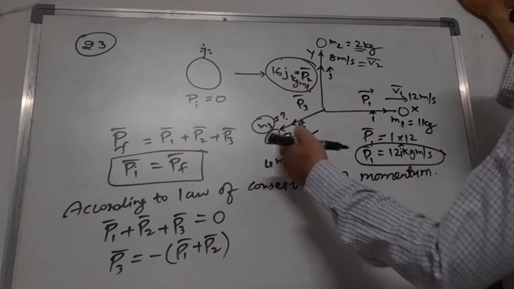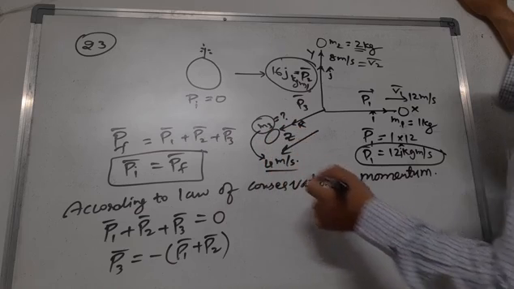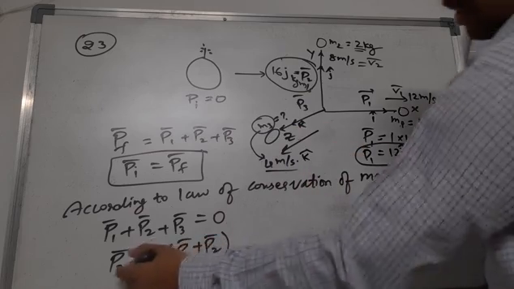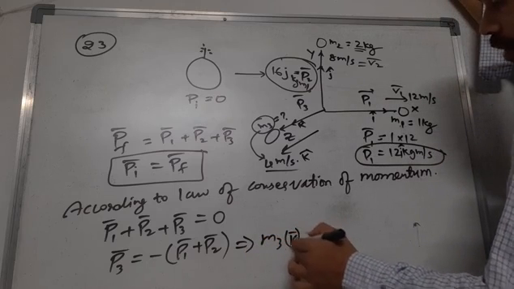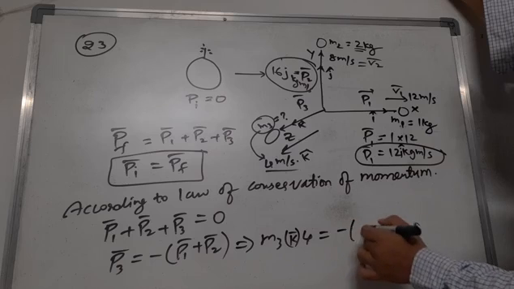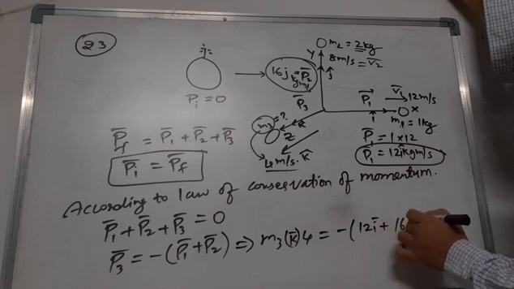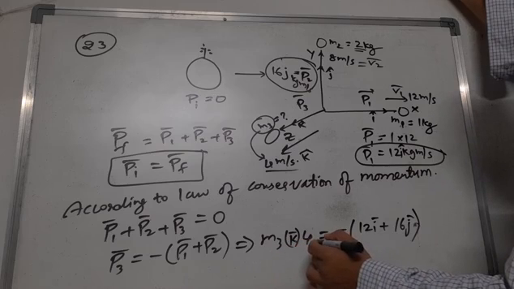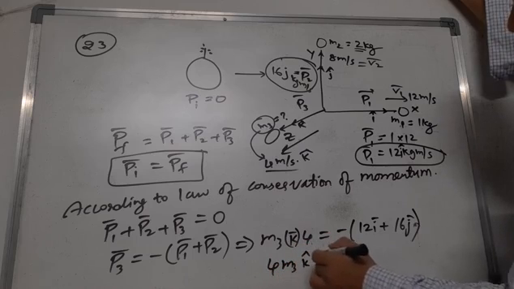So P3 is equal to M3 into 4. M3 into 4, that's all. Just to multiply M3 into 4 into k cap. So what you will get? You substitute here. What you will get? M3 into k cap into 4 is equal to minus of 12 i cap plus 16 j cap. Now what you will get? You cross multiply this. Otherwise you keep like this. 4 m3 k cap must be equal to